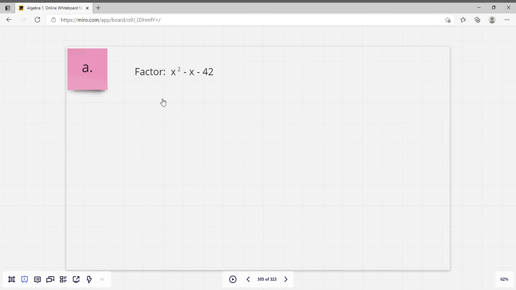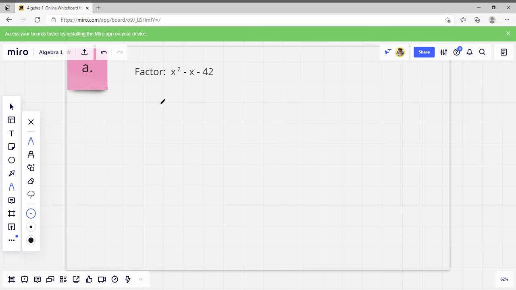Okay, hopefully you paused it to work the practice problems. Now I'm going to work them for you. Let's go with a nice bright pink. All right, so this one is x squared minus x minus 42. First I'm going to do my parentheses. And this one, minus x, means negative 1. So when we multiply, we're going to get negative 42. When we add, we're going to get negative 1. So factors of 42 would be 42 and 1,